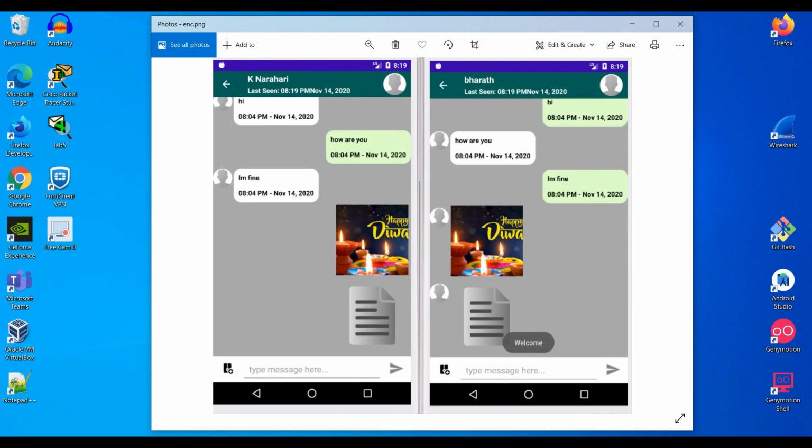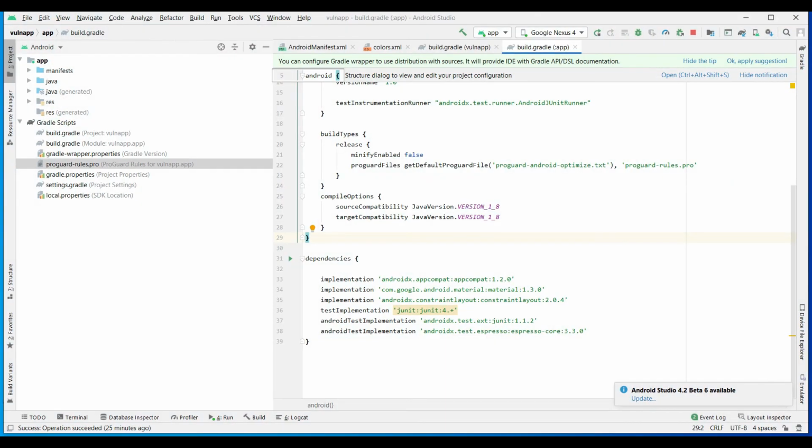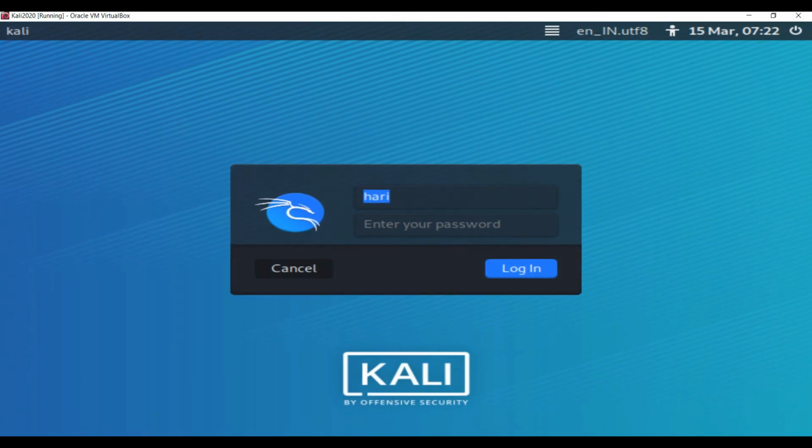That's all. Also, I said I have made one application, this same application. In this I have used a reverse TCP connection to the attacker. That thing we will look at now.